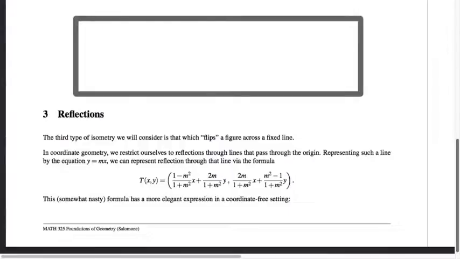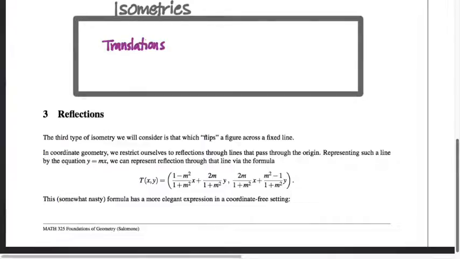So we're talking about isometries, and in principle, that's a pretty big category of things, right? We could, in principle, have a lot of different ways to transform the plane while preserving distances between pairwise points. And so far, we've seen two examples of what we claim are isometries. We still have to prove it. Right? Translations,